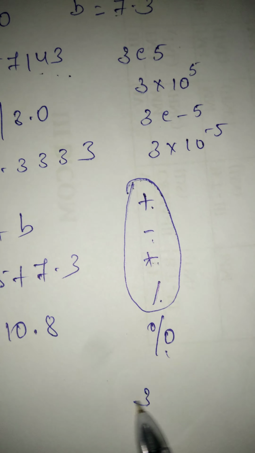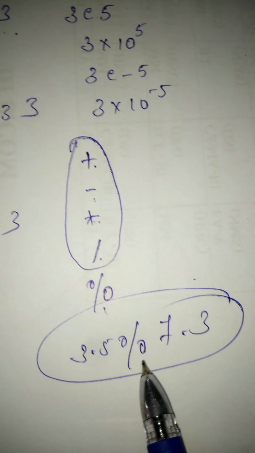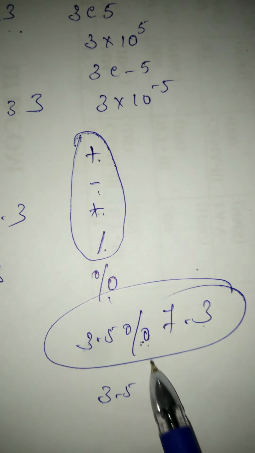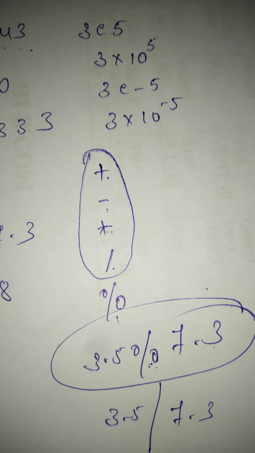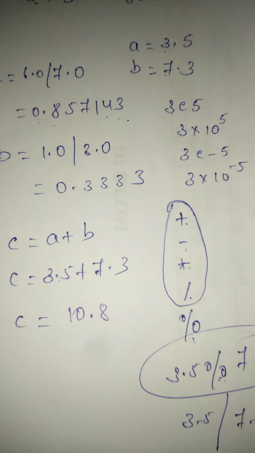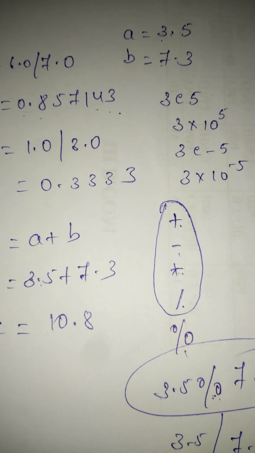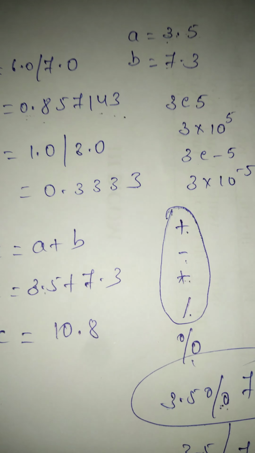For example, we cannot write 3.5 mod 7.3. The modulus operator does not work on real numbers. But I can write 3.5 divided by 7.3. Means we can perform division, but we cannot perform what? Modulo division. This is nothing but real arithmetic. Integer arithmetic means all the operands are integers. If all the operands are real numbers, that is real arithmetic. And next we have another type of operation, that is